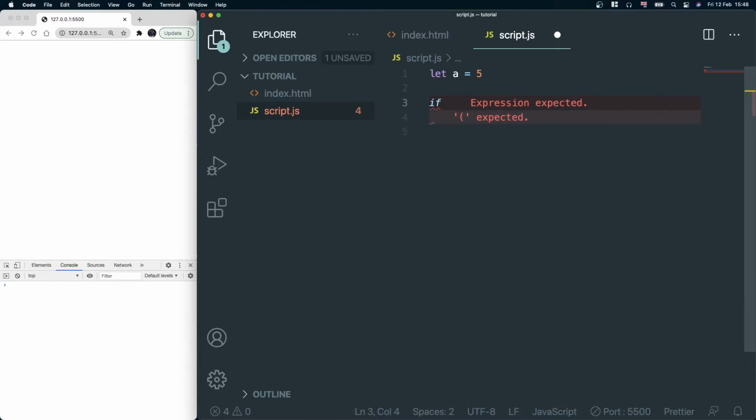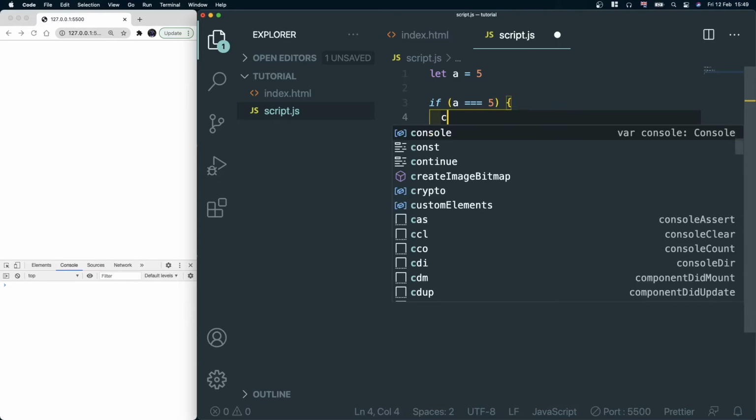So I have if, then brackets, and a condition goes within these brackets using one of our comparison operators from the video before, and a is, let's say, equal. We want to check if a is actually equal to 5. This is true right now, so if it's true we have curly braces, and within these curly braces we have code that is executed based on the value that is returned from this. So right now the value that is returned is true, therefore the code that comes through,